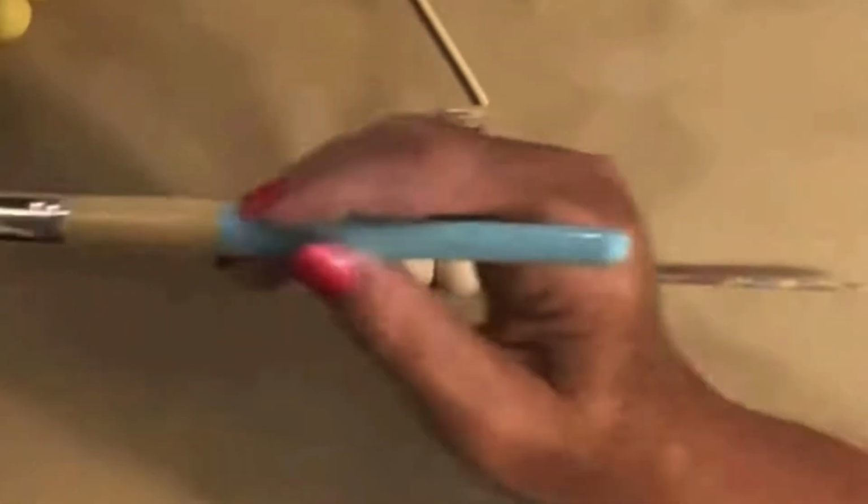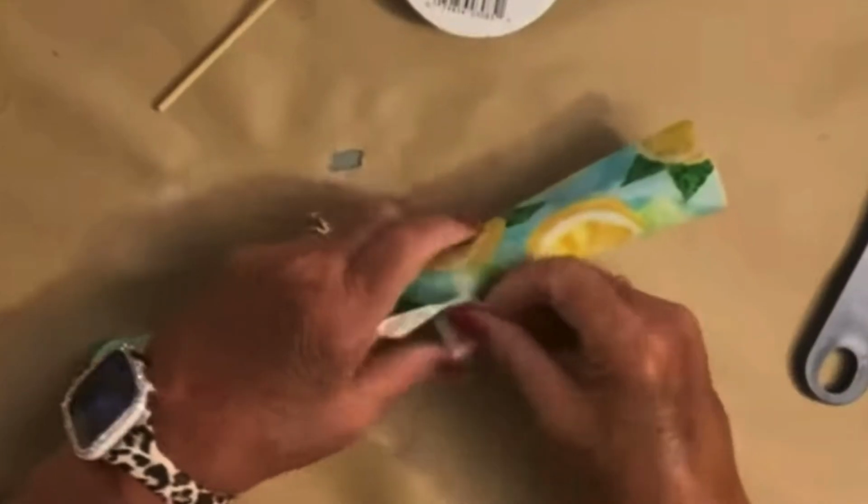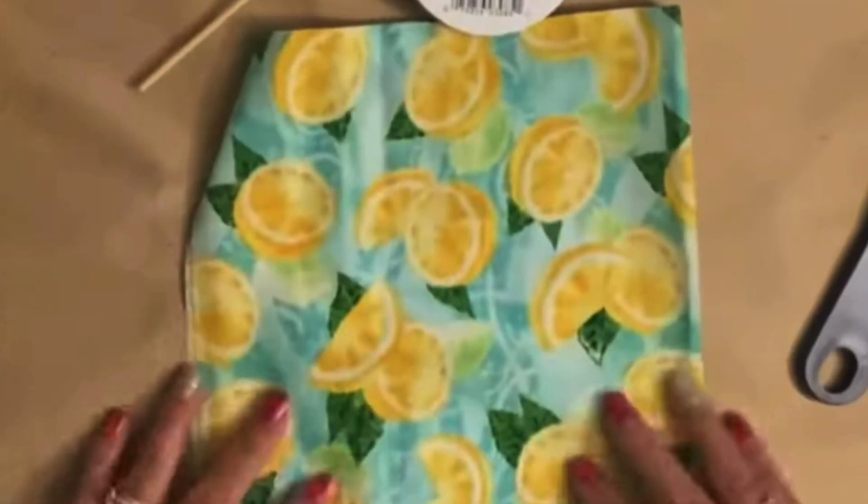And then I went in actually with my Sage chalk paint and painted it on the other 5. And then I took 5 natural beads and I made this little beaded garland. Then I got this cute, cute, cute lemon fabric from the Dollar Tree. And the little tag that you'll see me put it on, those came, I want to say it was like 6 or 8 to a pack for $1 at Dollar General. And I got the little tag, cut off a piece